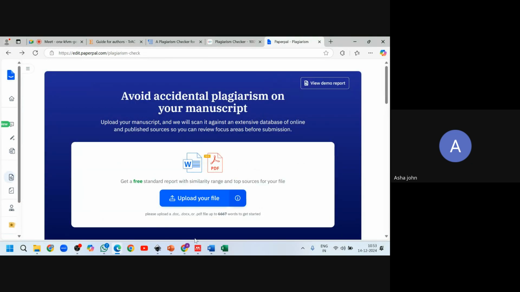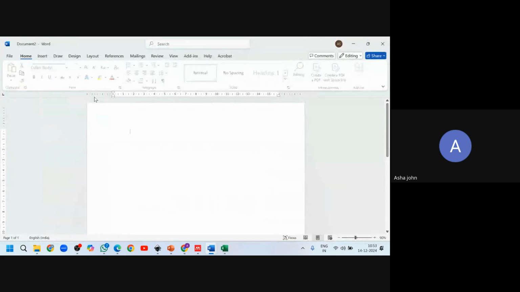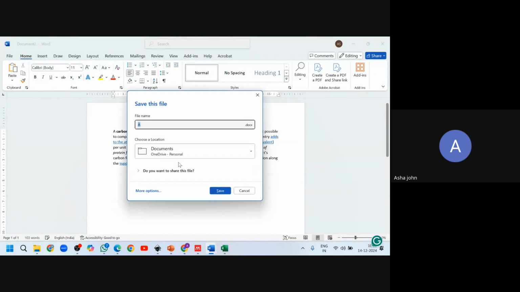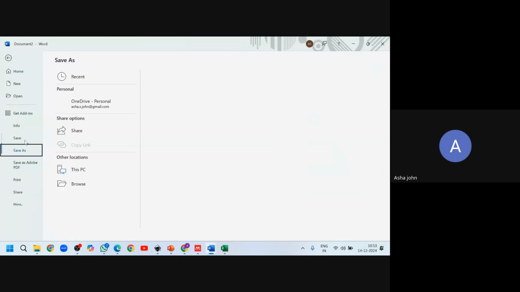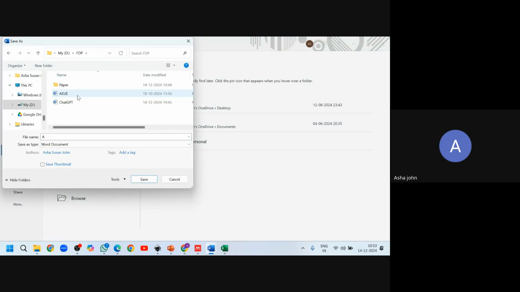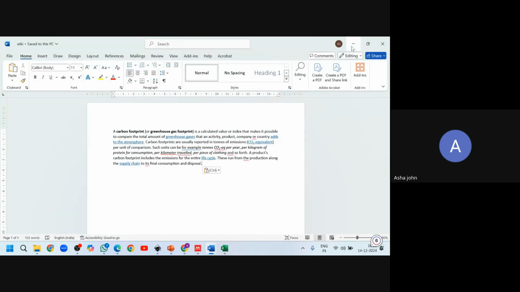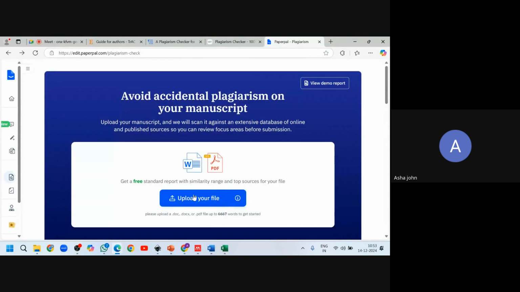We need to make it as a paper. Okay, now let's try to search using paper and see what happens.